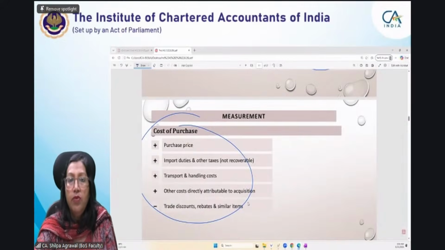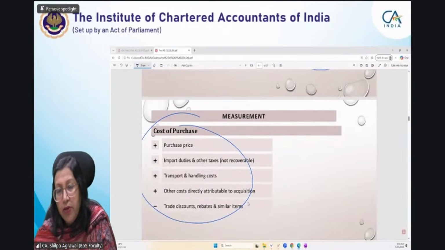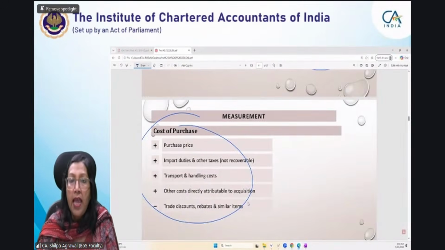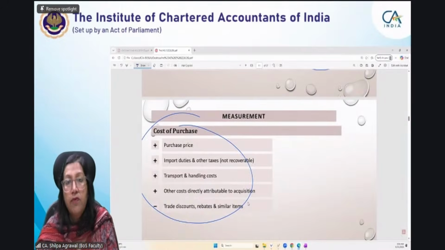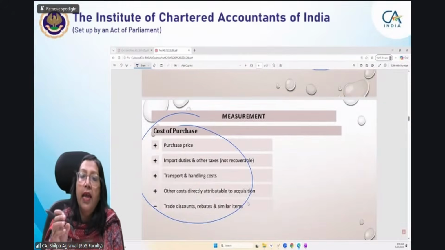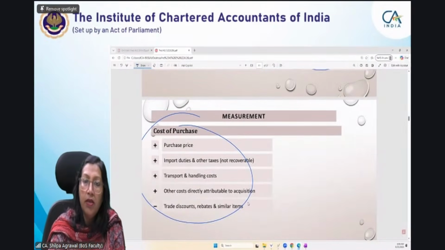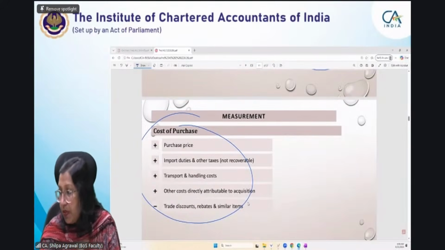I paid 10,000 as tax and I received 10,000 back. It has been refunded to me at some later point of time. So what is the actual payout from my pocket? Zero. Because whatever I paid as 10,000 as tax, I got back as a benefit from some other sale or transaction. So that recoverable becomes zero in net, and therefore it will not form part of the cost of your asset. I'm talking about asset, though here we are dealing with inventory, because this particular slide will be applicable for your PPE and intangibles also.